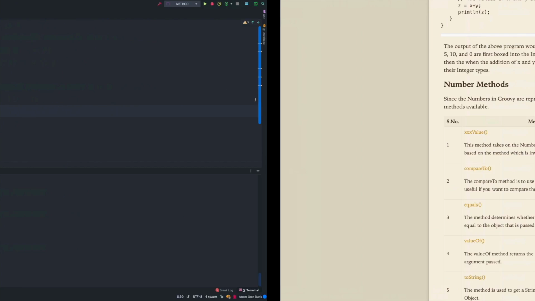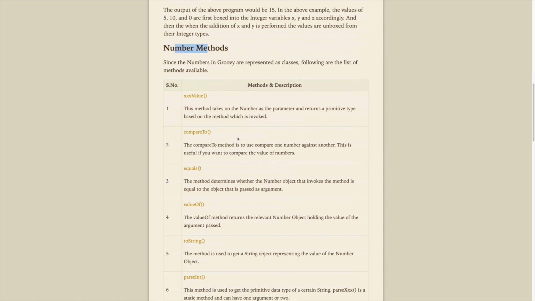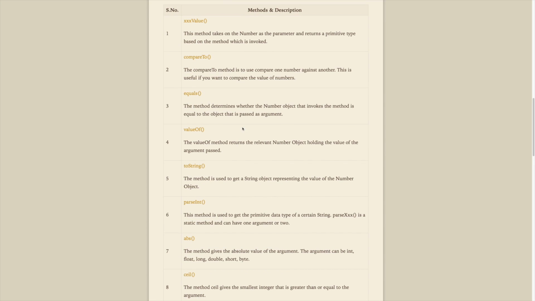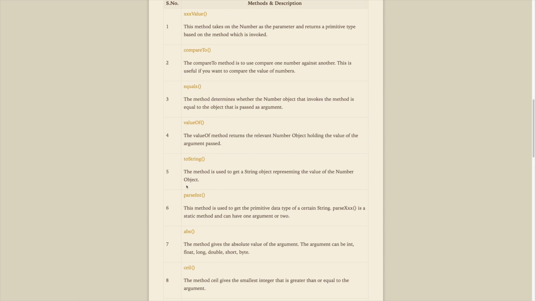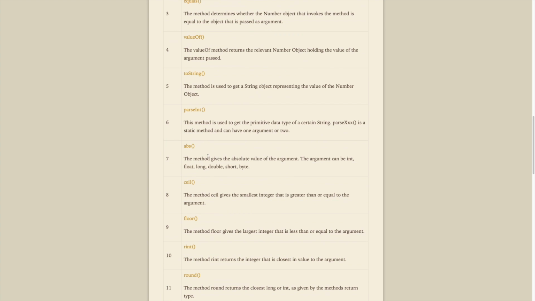Let's go to an article that we were going through, and here we have a list of methods available. Now, I don't want to go into every single method and show you what it does. You can go through this. You will find a link to this article in the description of this video or in the notes. So you can click on that link, go to this particular method list, and then read about what it does. For example, floor.